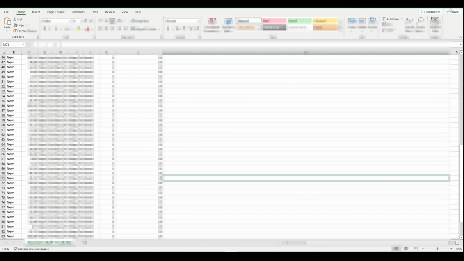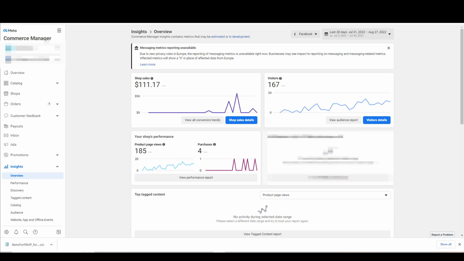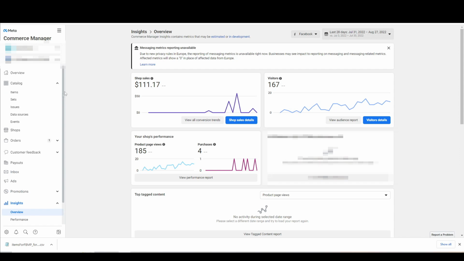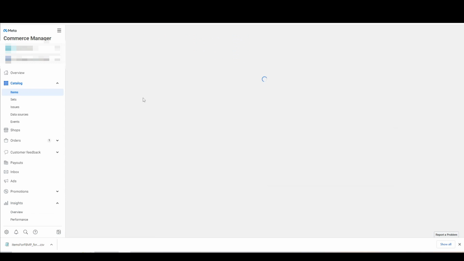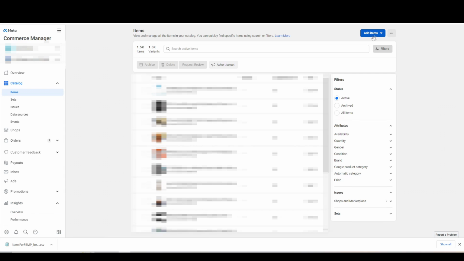So now that that's saved, now we're gonna head over to Facebook Shops, the menu. Okay, now we're on Facebook Shops. So what you want to do now is head over to catalog. Go to catalog, click items, and then at the top corner here where it says add items, you can click